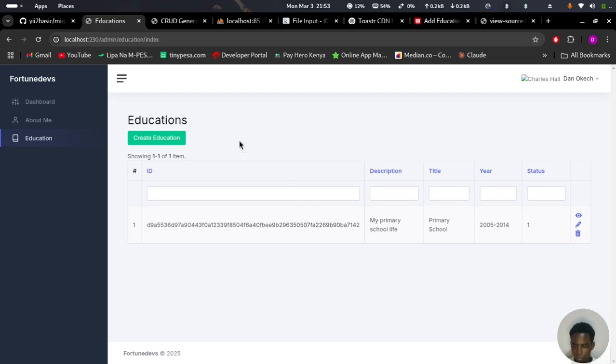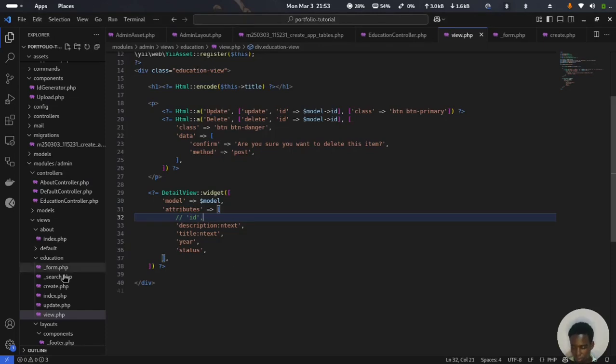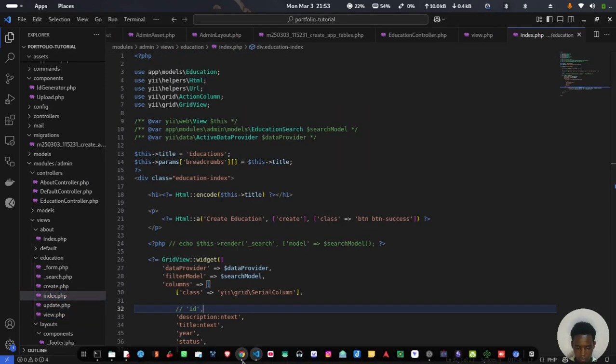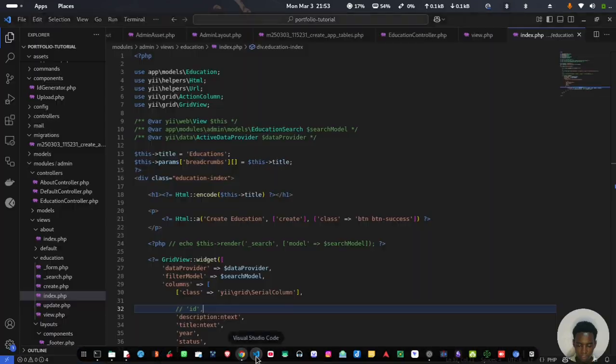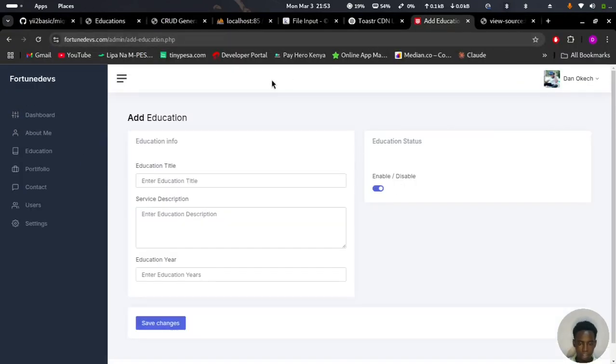I'm not sure of what is happening. Education index. Oh, it's not. It's in the index. I need to remove it. So if I refresh, now we have everything ready here. Now for the status part, I have the code. You can see here, if the status is